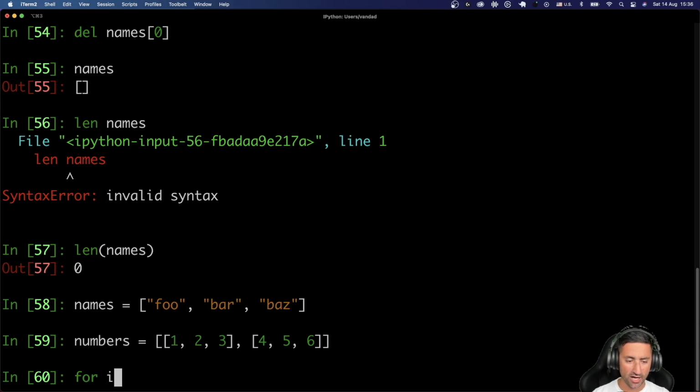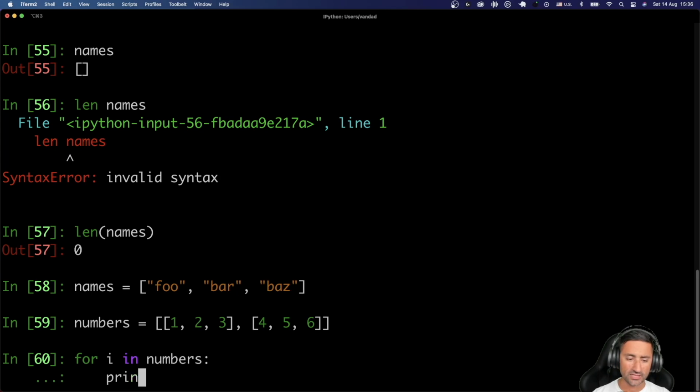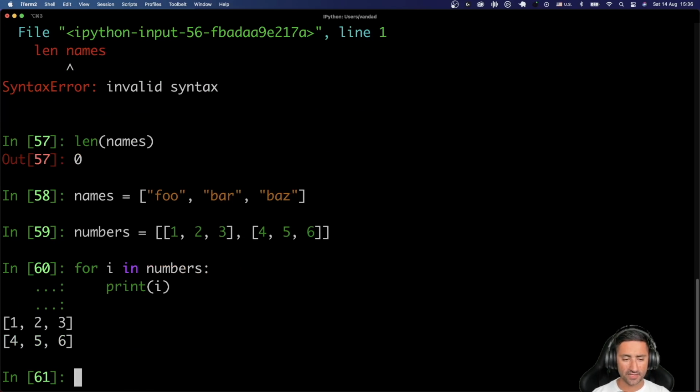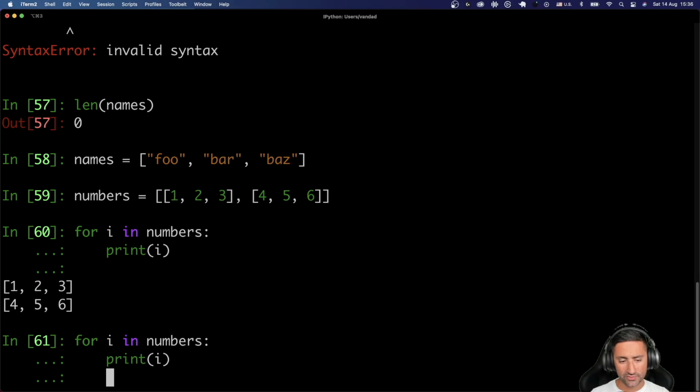Because if I say for i in numbers, and I say print i, then I'm just going to get the lists as they are printed to the screen. So the first item is 1, 2, 3 as a list, and the second item is 4, 5, 6 as a list. But you can also go through these by changing your statement here and saying for j in i,